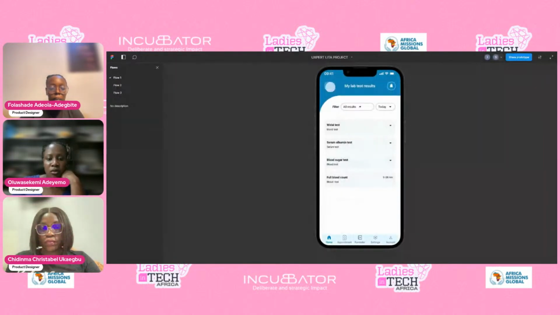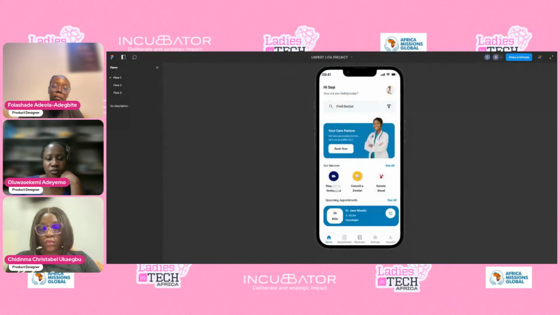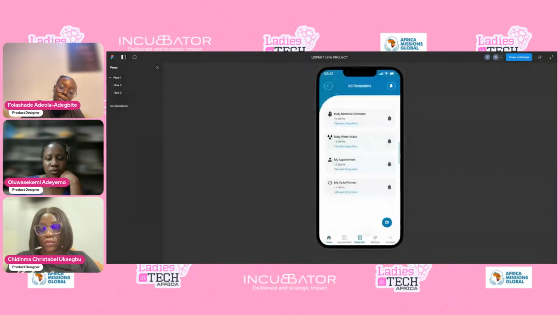And when I mentioned appointments and reminders, I mentioned where users had problems with setting reminders. Sometimes you go through a long day at work and you forget. So if you click on reminders, you see daily medicine reminder and every other reminder that you need. And also, if you go back to see all,